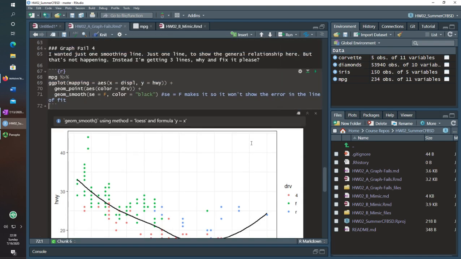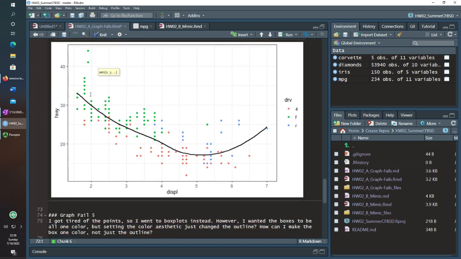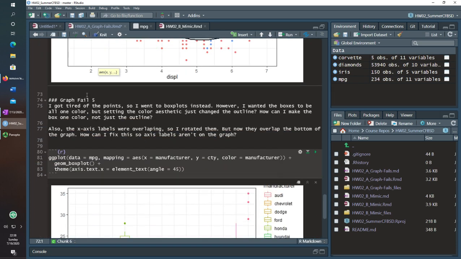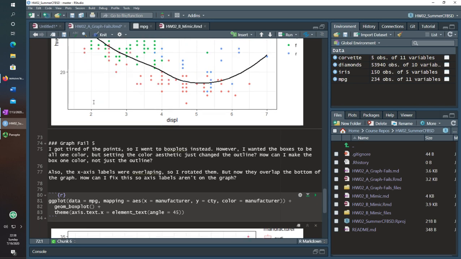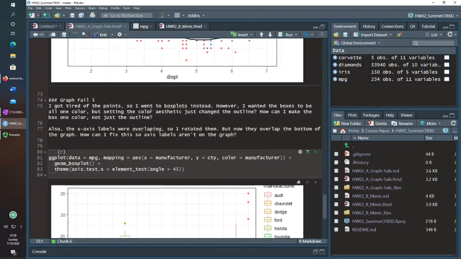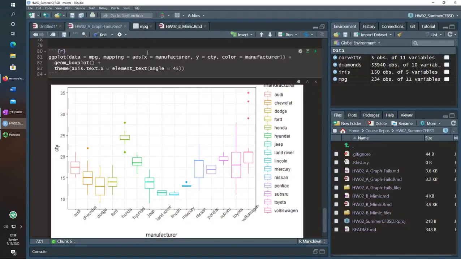And there we go. So good, we were able to change that one. Again, this was important. I saw a lot of people say not quite the correct thing in their explanation of it, but there's this idea of inheritance, and it's important when you start stacking geoms on top of each other, which ends up happening in the mimic file, but also happens if you're making complicated graphs. Cool graphs are hard to make. That is to say, you need to be really considerate of what mapping is going to be consistent with all the geoms, and which one is not going to be consistent.